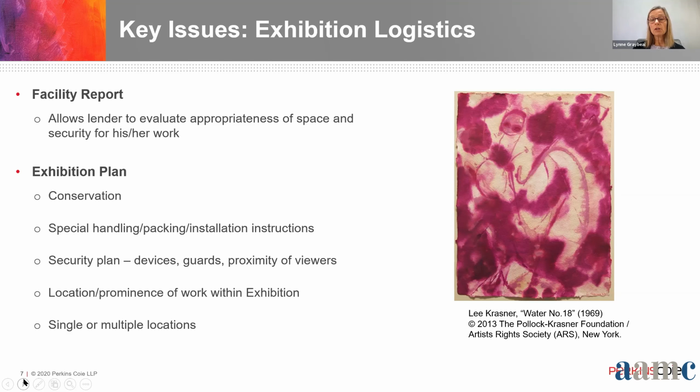institution. We've included this Lee Krasner work, mostly, I guess, because it is a good example of a work that is traveling among institutions, required an extensive exhibition plan and negotiation involving how the work would be handled during transportation, during installation at the non-initiating museums, whether the initiating museum would have someone as the primary point of contact for the entire exhibition. And so all of these things should be addressed in one location in an exhibition plan, often a separate document that's an attachment to the museum form.